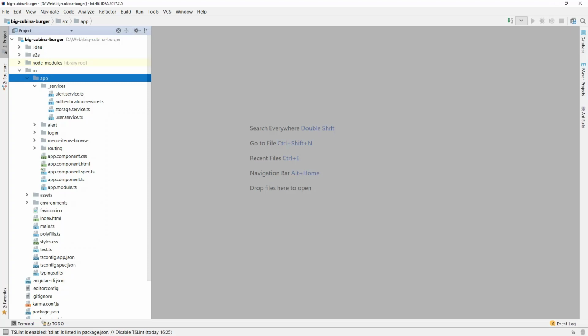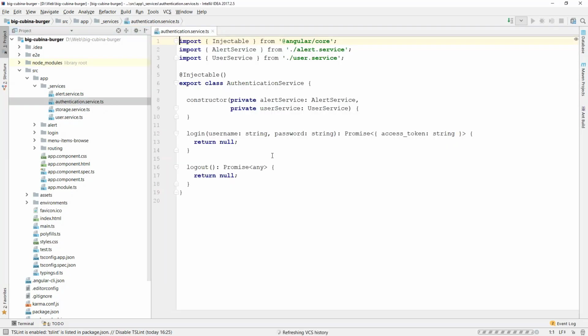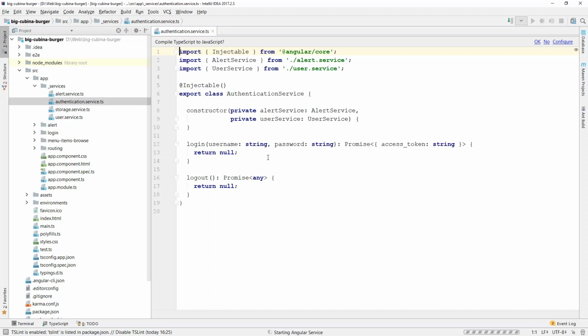So let's open the Angular project in the IDE and expand the services directory. If we look at the application code, we'll see that we have stubs for several services. For example, authentication service. Authentication service will be used for login and logout purposes.